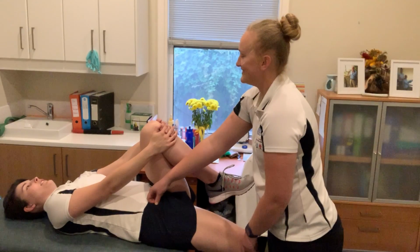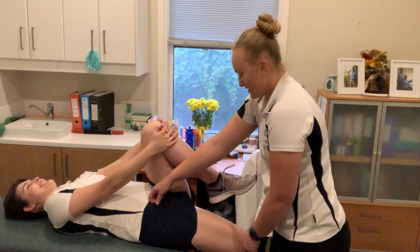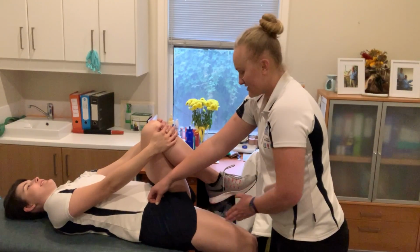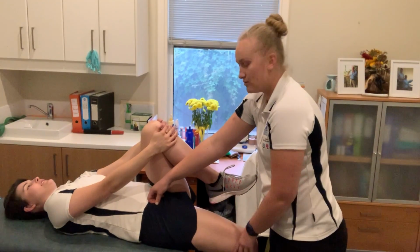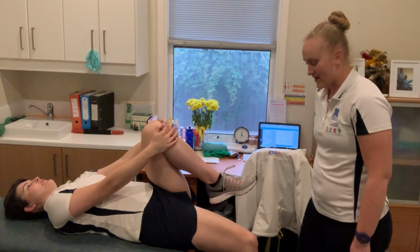Does that feel tight, Courtney? Yes. That's quite tight. Yes, there is a bit springy. That's okay. So from now, she is nice and in line, so it's neutral lateral pull, but a little bit of quad tightness. If you get the client to straighten their leg,